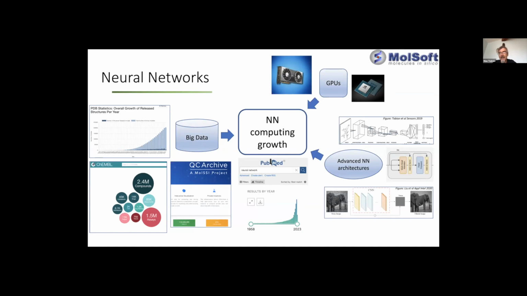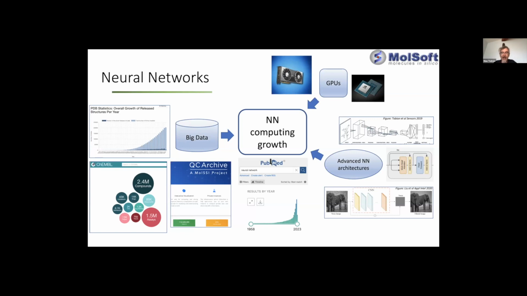And on the other hand, the advancements in neural network architecture, starting with convolutional networks in image recognition, and then more complex architectures such as denoising networks, transformers in language learning, etc. And all of this, of course, wouldn't be possible without GPUs that allow us to crunch all the data through